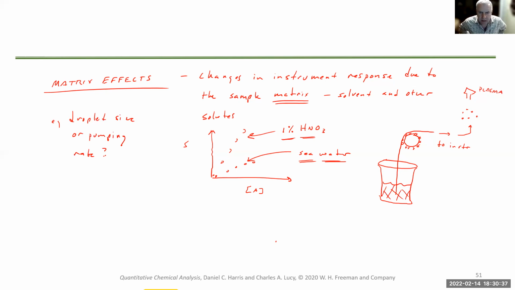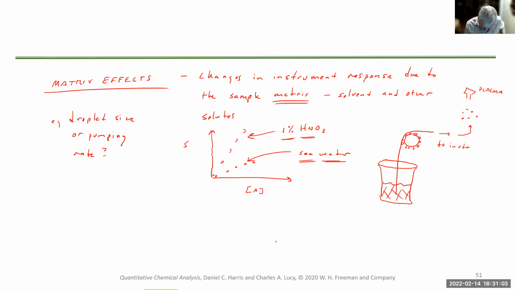So viscosity has a profound effect on any atomic spec method where you essentially nebulize,